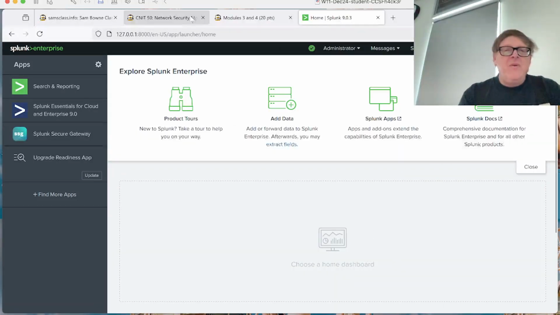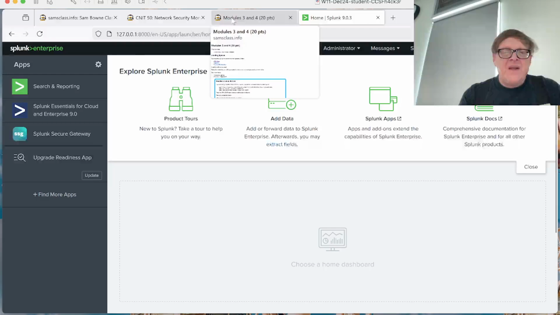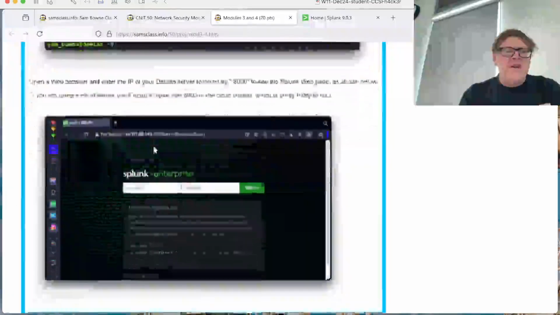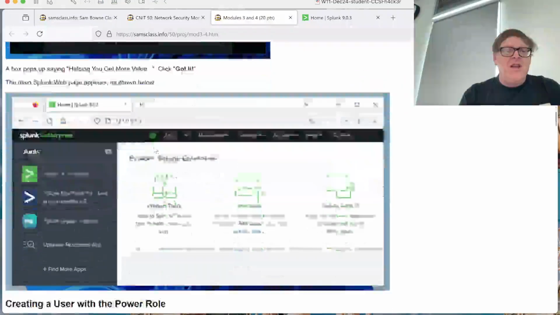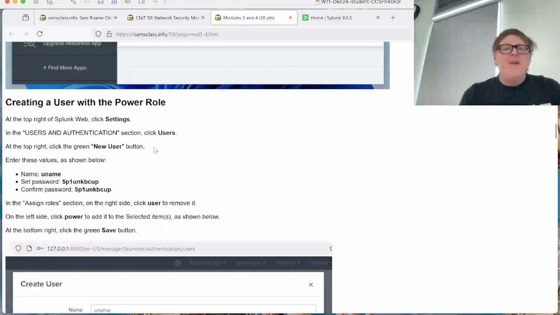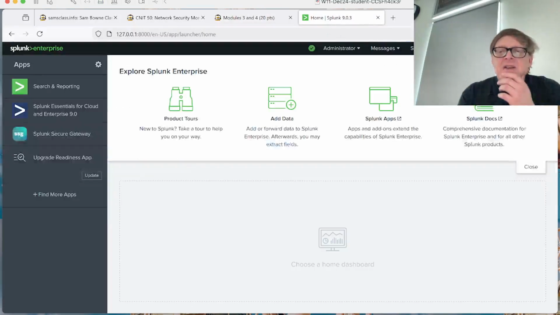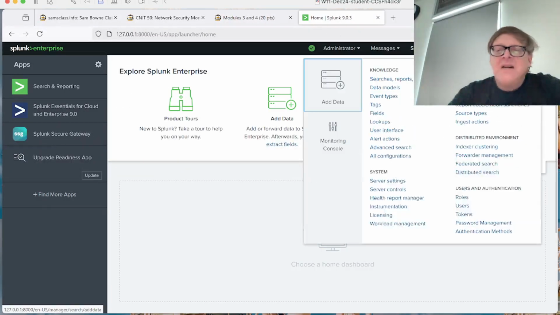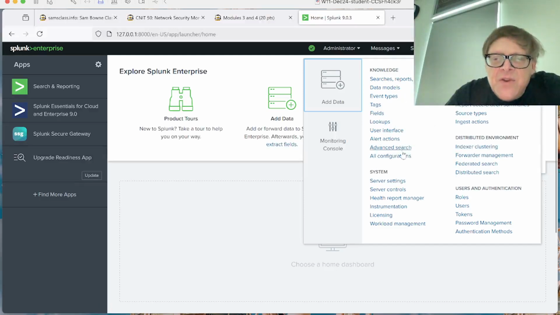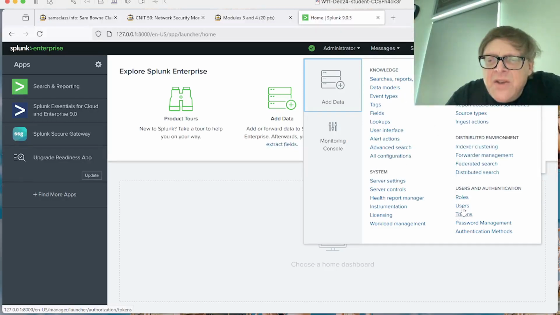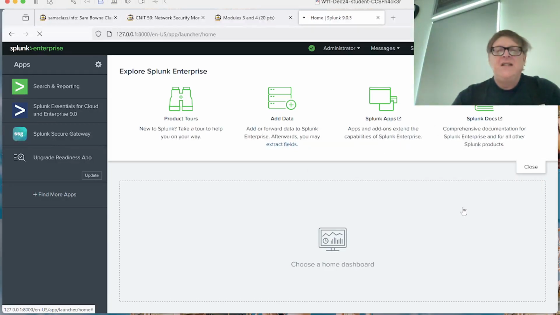All right. So what we want to do first is add data. And so if I go down here, once you've got your Splunk running, you log in. Now, first they want me to create a user with the power role. Okay. So it's settings, users, new user. Settings is here, and in the users section, users, and then I should be able to zoom in on this,